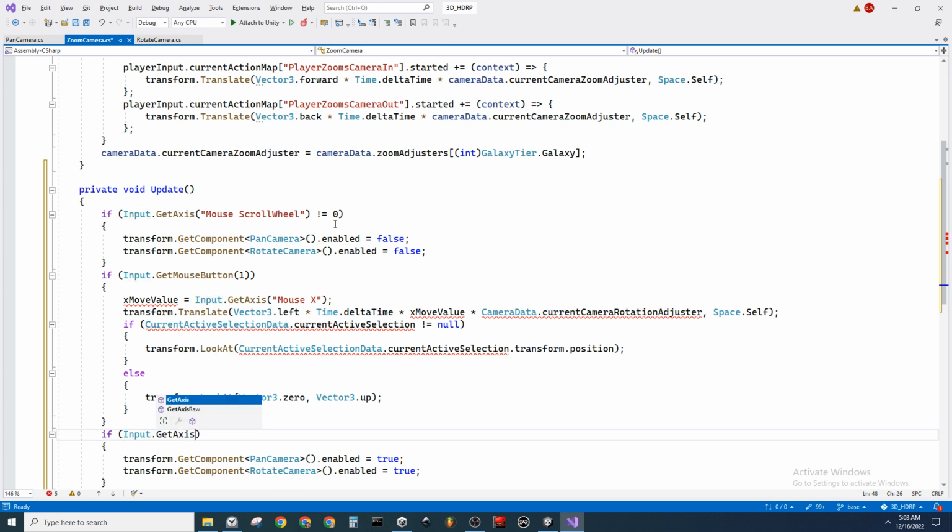Because if I get the axis, the problem is that the wheel is free during micro instances. So if it's equivalent to 0, we want it to re-enable these components, but the problem is that theoretically the zoom is stopping for an instant, kind of. So I might have to get more elaborate with this one, but the idea is to do it like this, and then